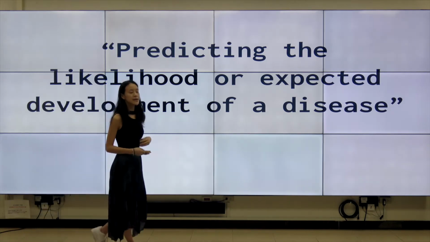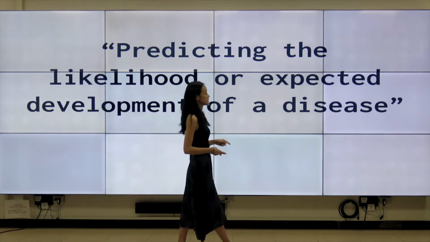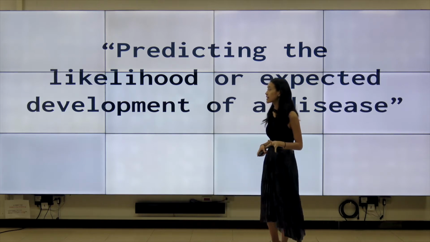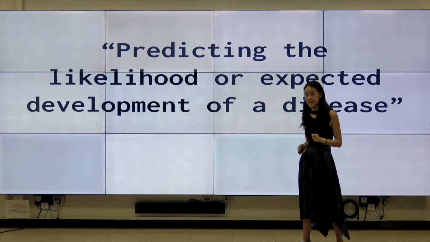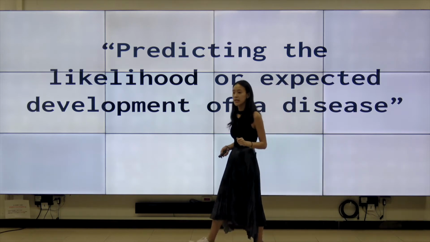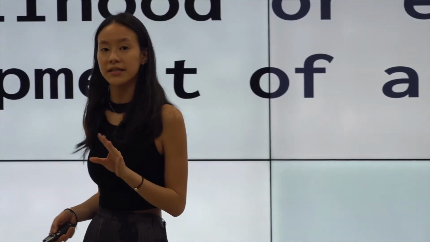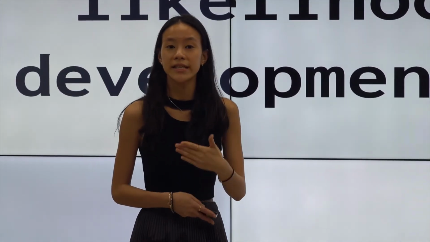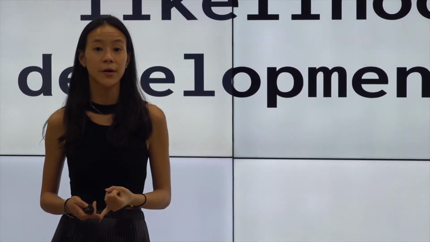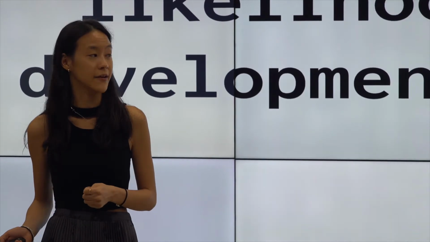So to summarize, prognosis is predicting the likelihood or the expected development of a disease or of a diagnosis. Going back to the situation we explained before, the diagnosis was brain cancer, and what the doctors were telling you was what to expect in the coming months, including your therapy, whether or not surgery is going to happen, how many months you have left to live, and what life is going to be like for you.